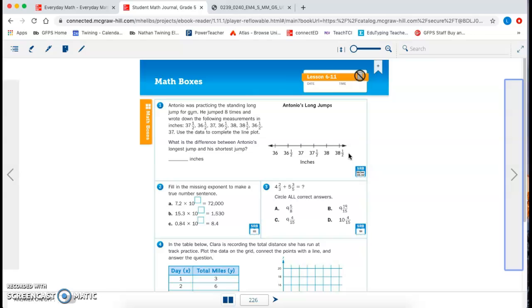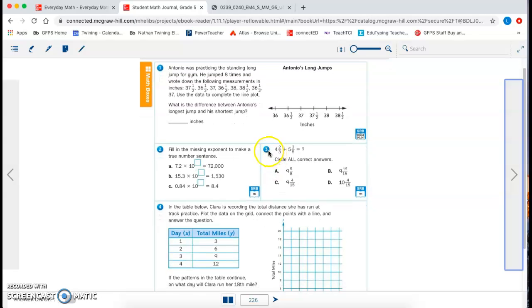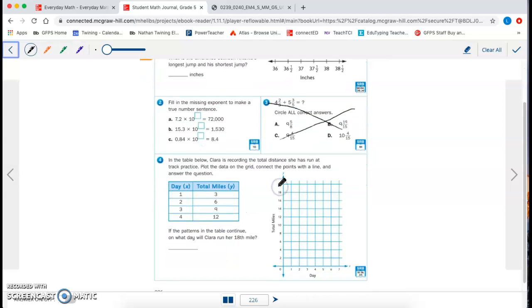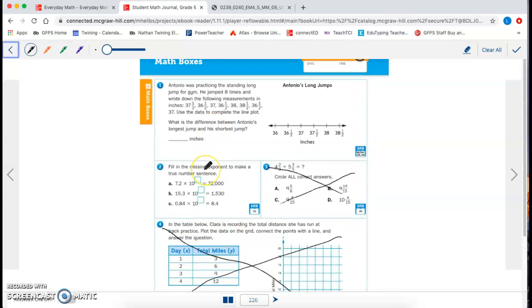The last thing we get to, or I guess second to last thing, we get to our math boxes for today. Remember with this, you just put X's in for each one. Okay? And then you'll have to find the difference. We are actually going to skip number 3 today and number 4. So all you have to do is 1 and 2, since we did so much work on